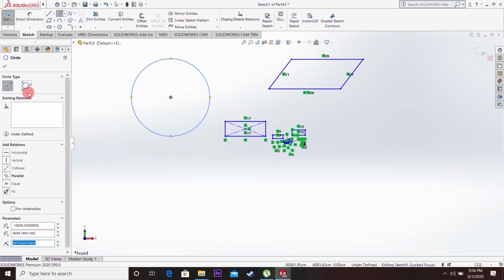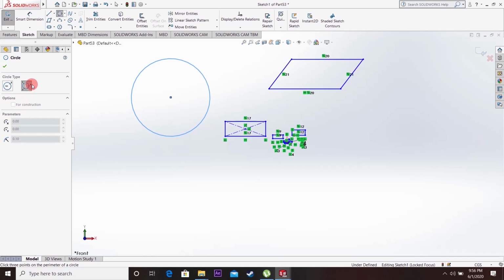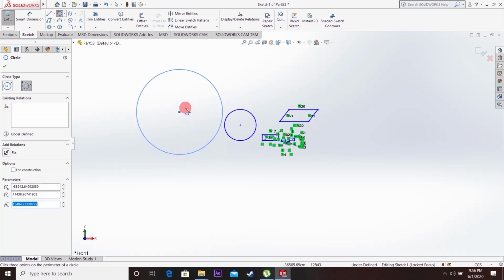Okay, so in the second type, this circle is called the perimeter circle. You just click on the workspace, wherever you want, 3 times. SolidWorks automatically creates a circle passing through those 3 points.